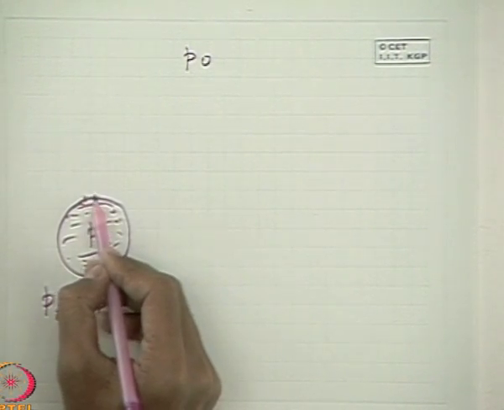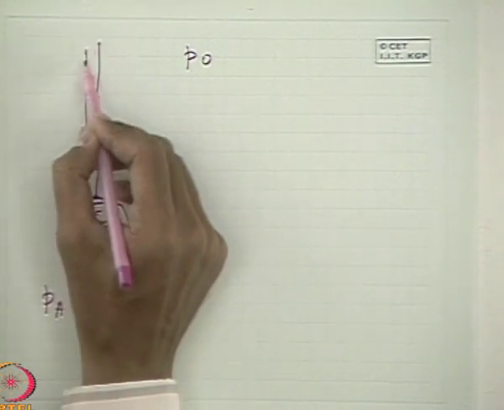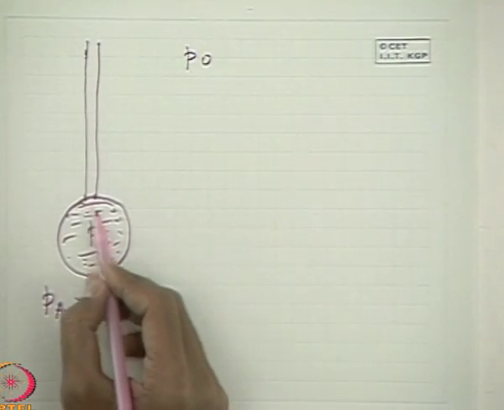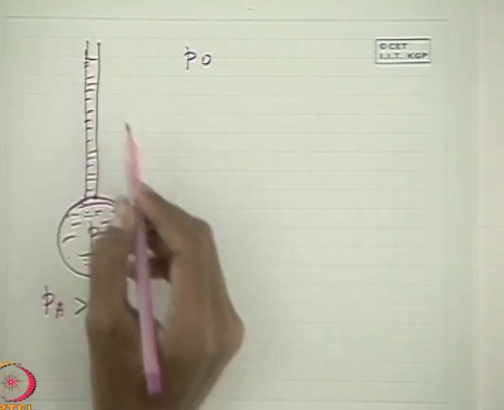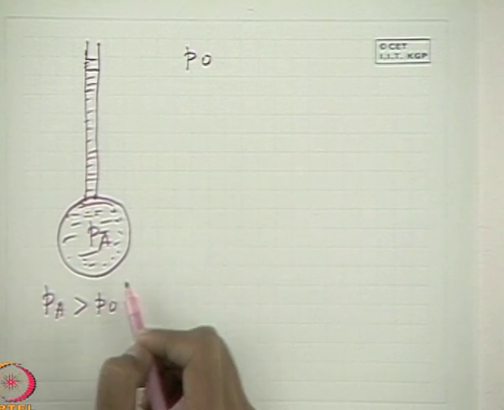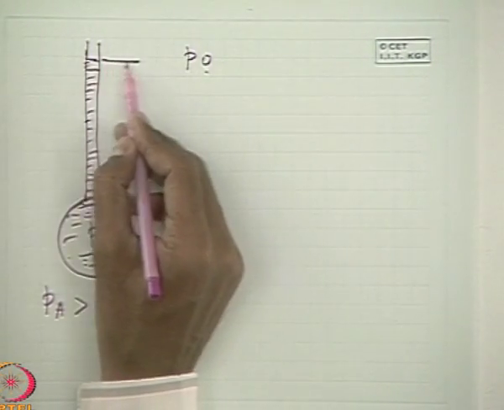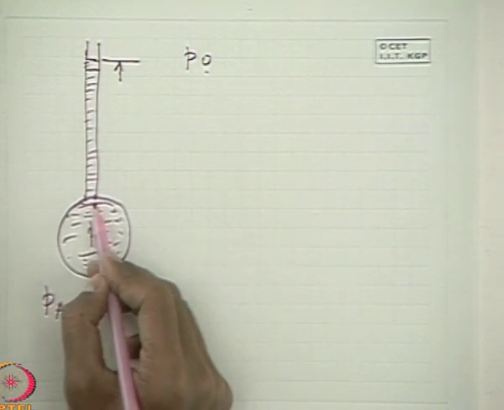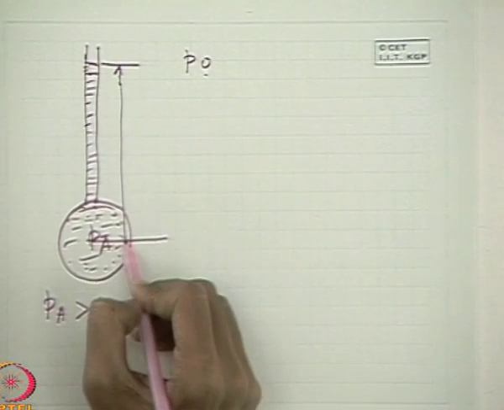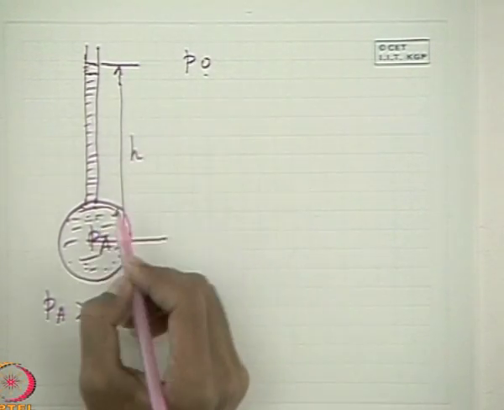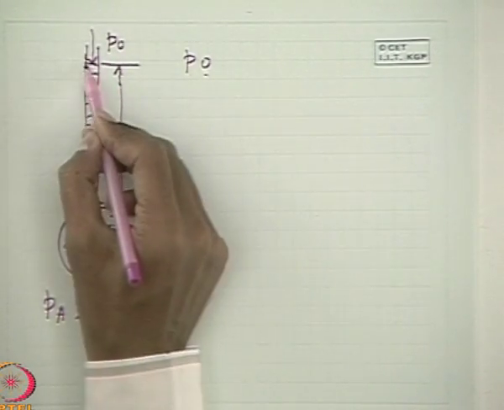So what happens if you just open and attach a long vertical tube open at the other end? Because of this high pressure, the liquid will go up and stand to a certain height depending upon the value of PA relative to P0. If I measure this height H from this place or center, where the pressure is P0, the ambient pressure impressed on this free surface,